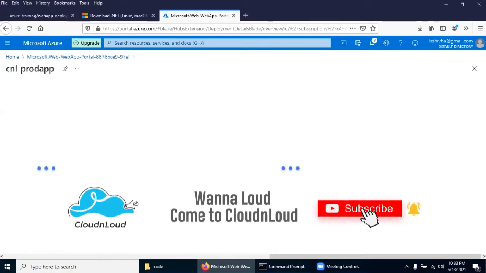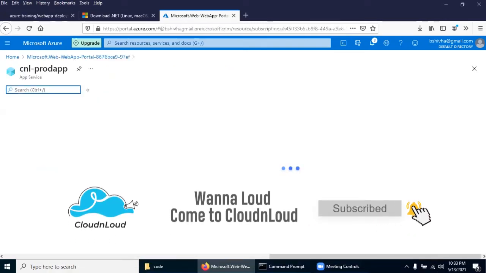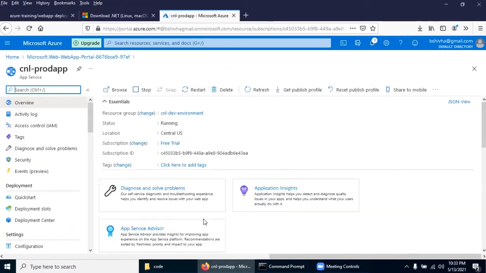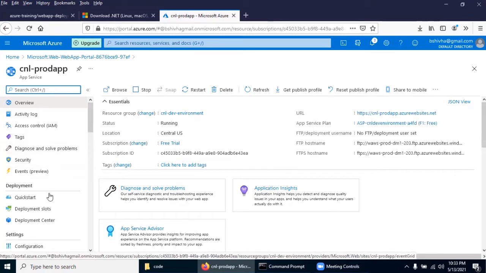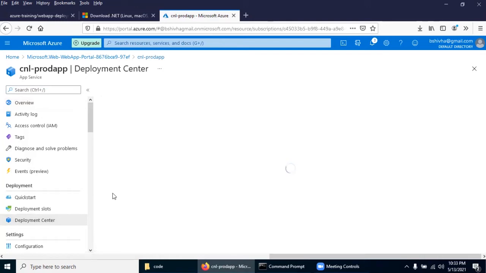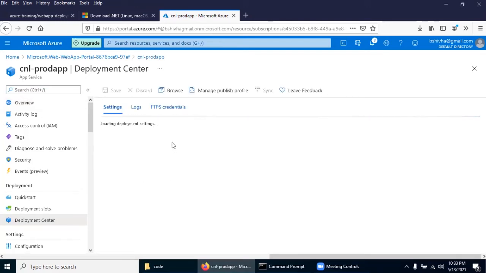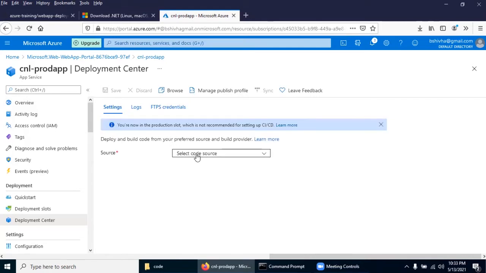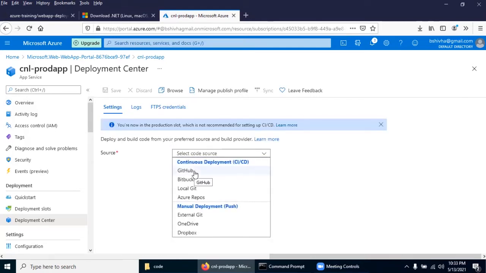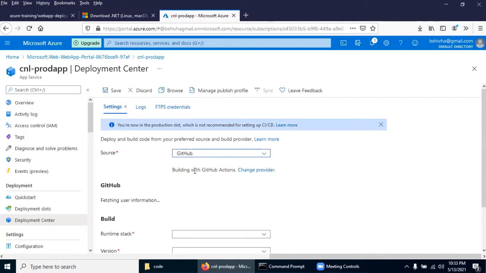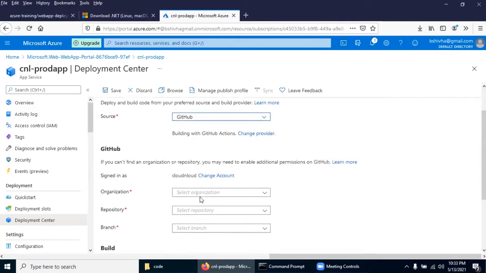Go to resource. Now what we are going to do is open the deployment center. I'm going to select GitHub because my code is in GitHub. I have already synchronized with my GitHub account.